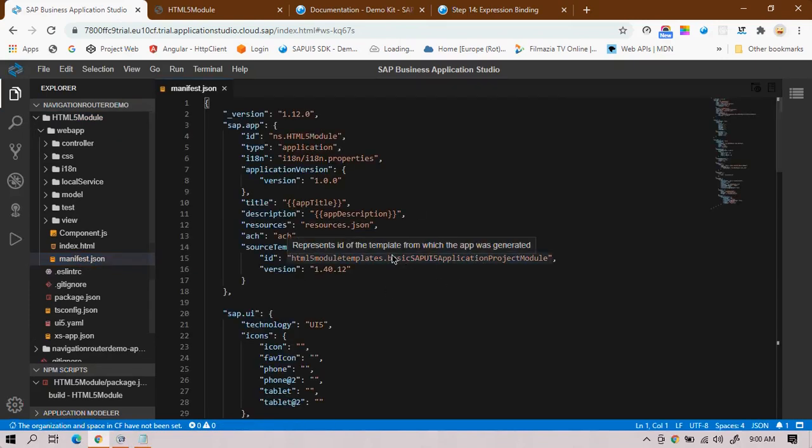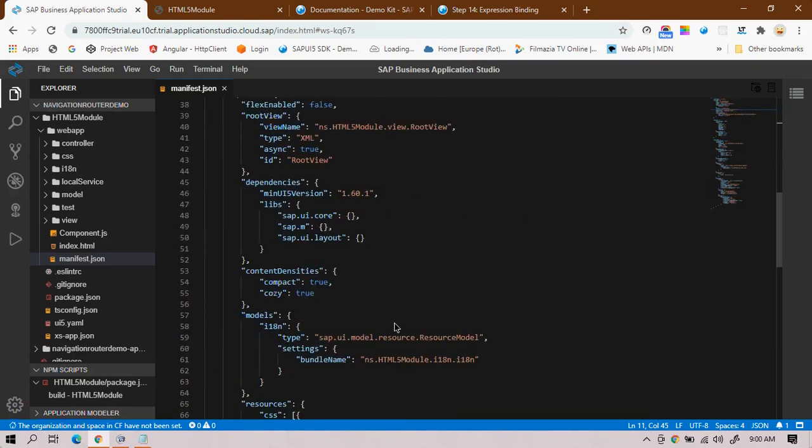Always remember that everything, the navigation, whatever views you create, the routes, targets, the routing configuration, everything is maintained in the file manifest.json. It is the main file where the routing related configuration can be maintained.